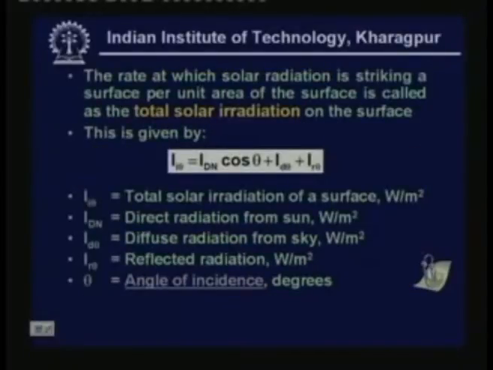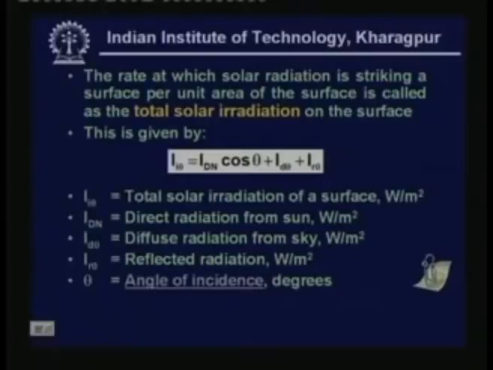Now, we are interested in the solar radiation striking a surface as far as the air conditioning load calculations are concerned. So, let us see how to calculate this. The rate at which solar radiation is striking a surface per unit area of the surface is called the total solar irradiation on the surface, and it is given by this equation: